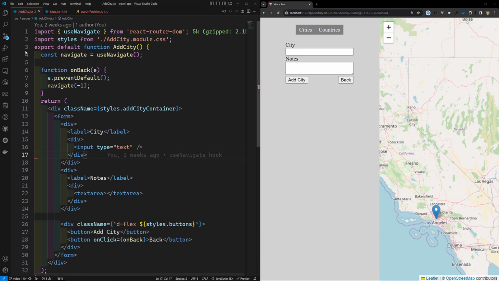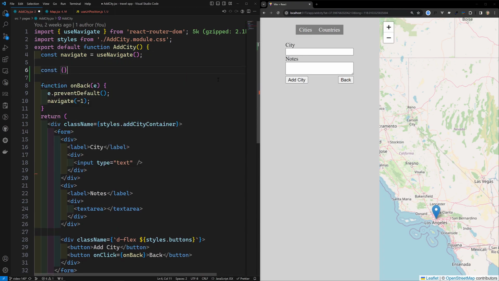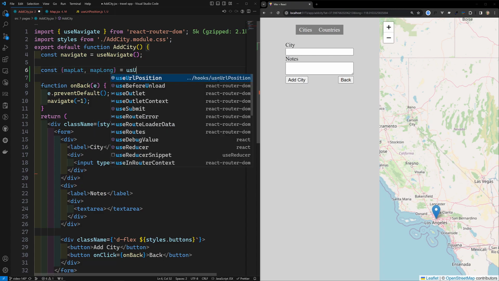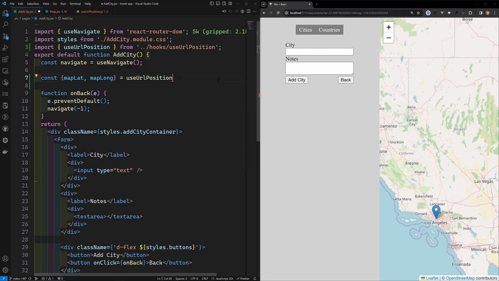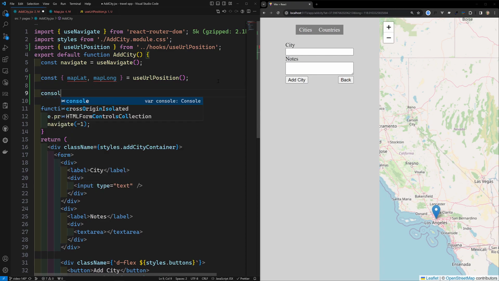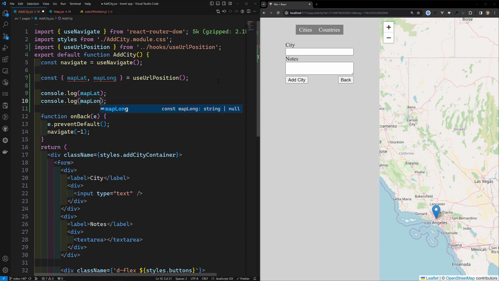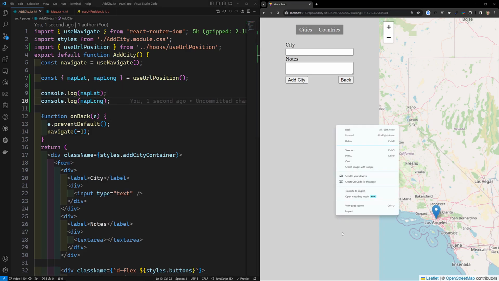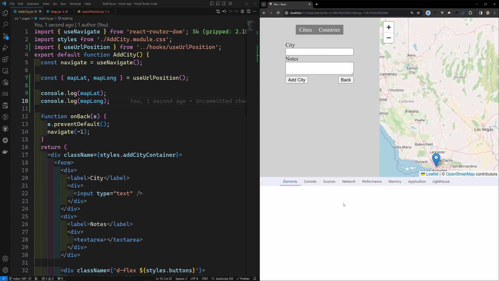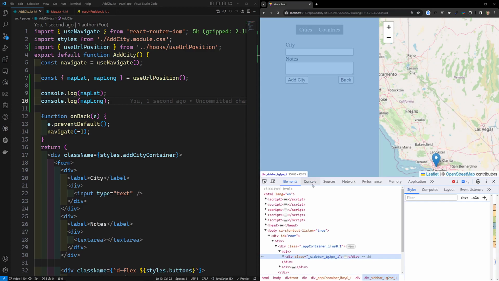Let's go to the add city, and here this is our add city, and here I will capture this const mapLat and also the mapLng is equal to useURLPosition. So we got this latitude and longitude here also. If I try to console.log mapLat and also this mapLng, what will happen? Let's see. So now if I go here and inspect the element, and go to the console,